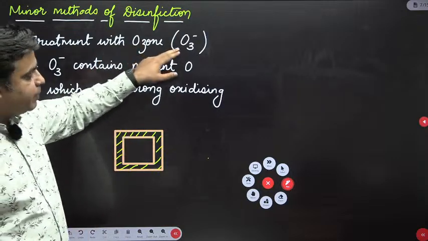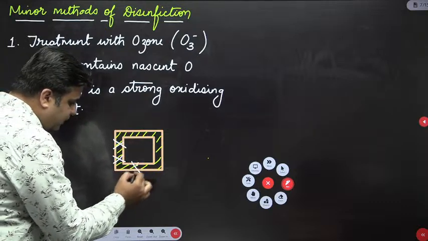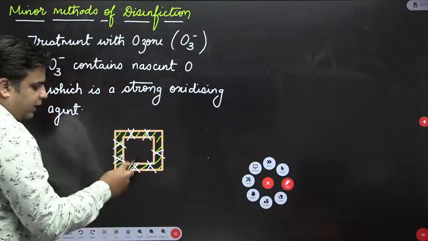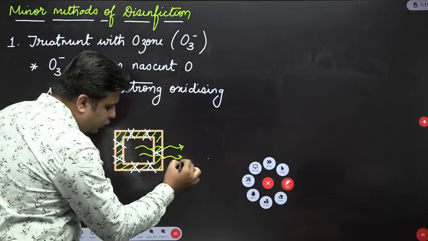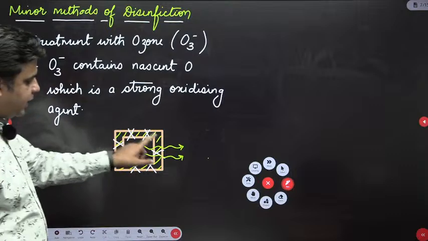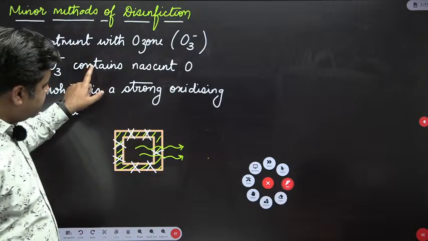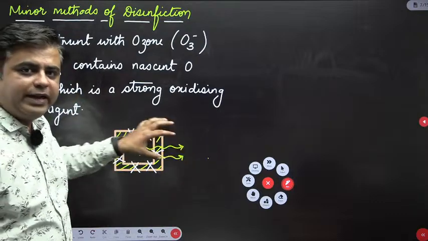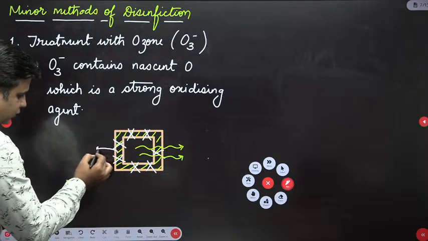This nascent oxygen present in ozone destroys this cell wall, and due to this destruction, all the essential fluid which is responsible for the life of the microorganism flows out and leads to the killing of the microorganism. Again, I'll repeat myself. A microorganism has a cell wall inside which essential fluids are present. This nascent oxygen destroys this cell wall, due to which all the essential fluid flows out and it leads to the killing of microorganisms. So this is the cell wall of the microorganism,